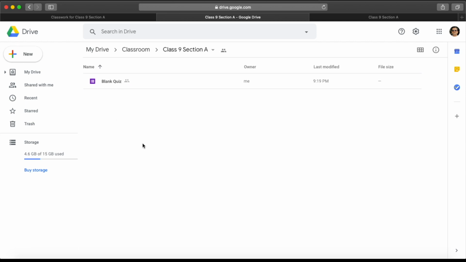However, when we clicked on that create quiz assignment, Google Classroom automatically created this blank form. One thing to notice and remember is that whatever documents you are attaching in your assignment, your material or your post, all those documents are getting saved in Google Drive in a structured way. So you don't need to worry about any of the files. Those are already getting backed up inside your Google Drive.